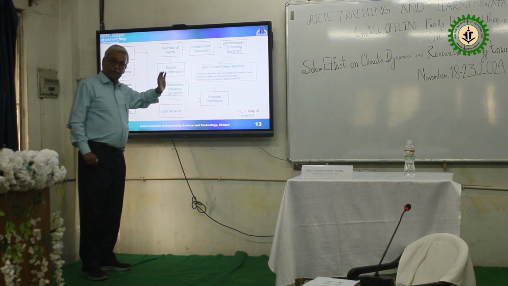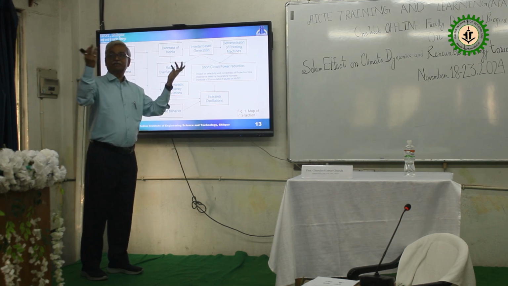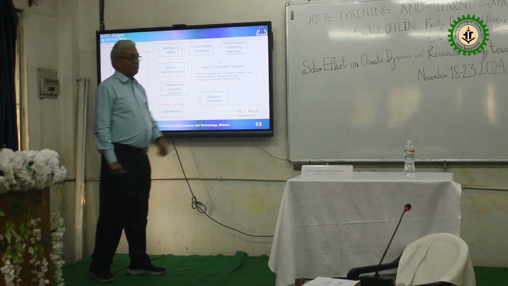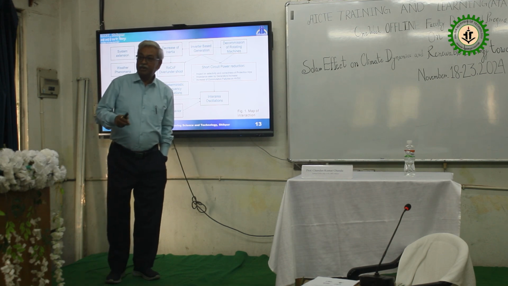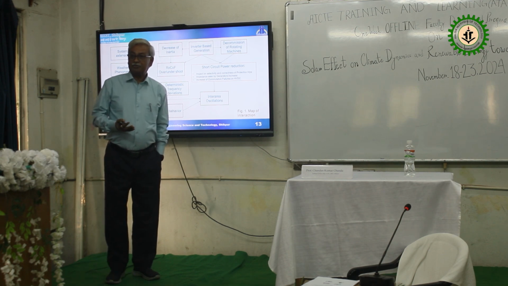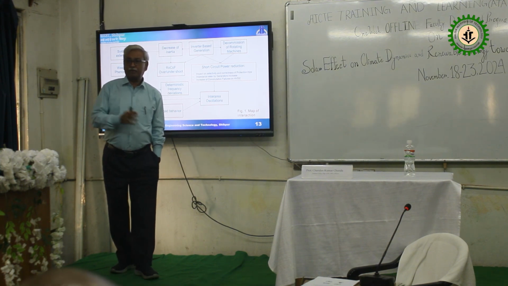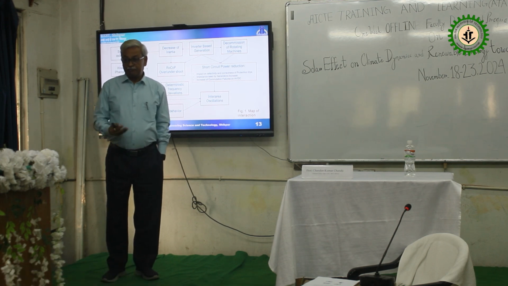These are all issues, all problems. We just say renewable energy penetration, but there are so many things. Short circuit power reduction. The moment we put renewable energy into the system, we know what the short circuit ratio is in a power system. The short circuit ratio is a very important thing for controlling the stability of the power system.